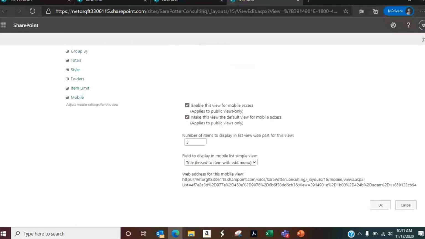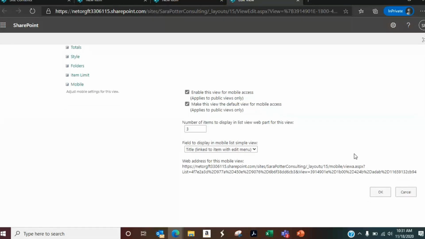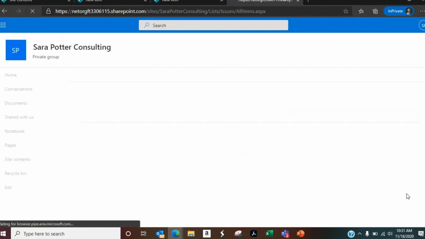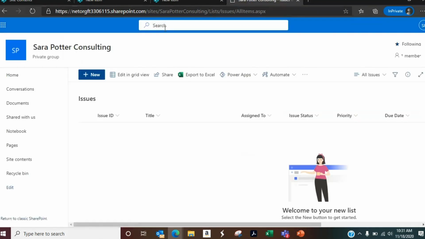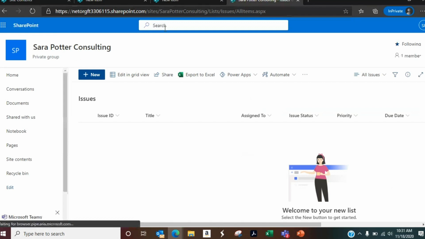And mobile access is automatically enabled. You enable it if you don't want the form to look different on a mobile device, but for most times we do. And number of items to display. So you have lots and lots of options right here, and it's going to let you customize all of those. So that should kind of give you guys a little bit of an idea of how you can